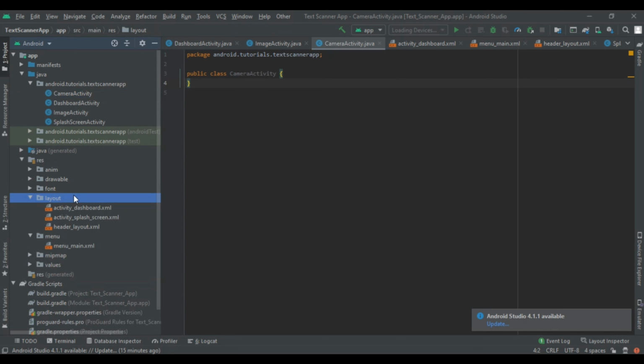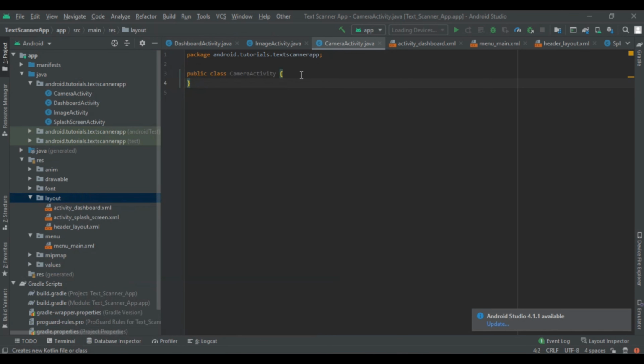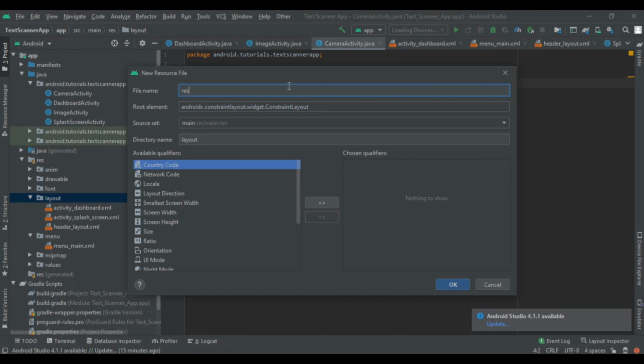So first create a Java class, not a Kotlin class. Here we are going to create a new layout resource file, and here it will be in Java. So write result_activity, and then click on OK. So here we have created the activity.